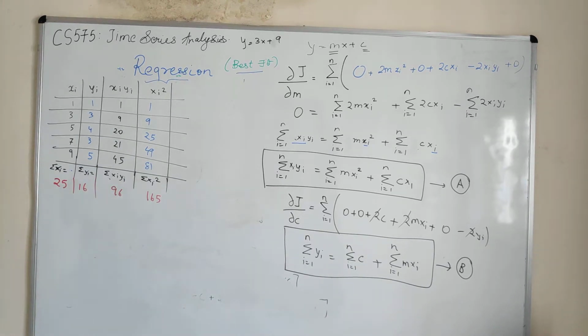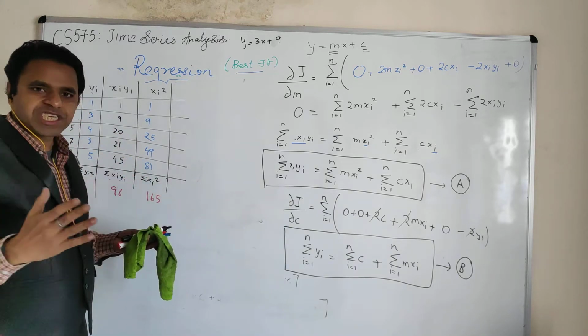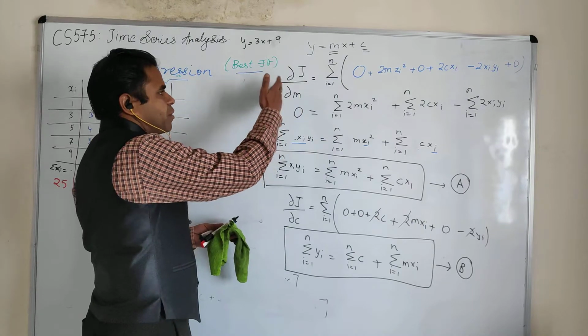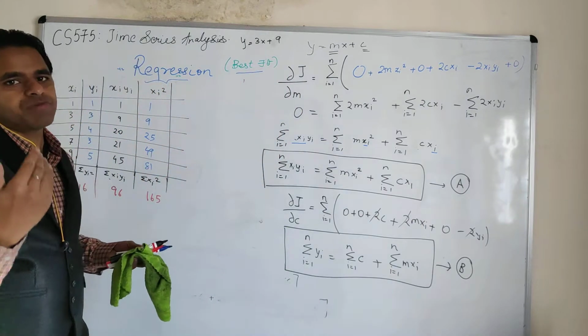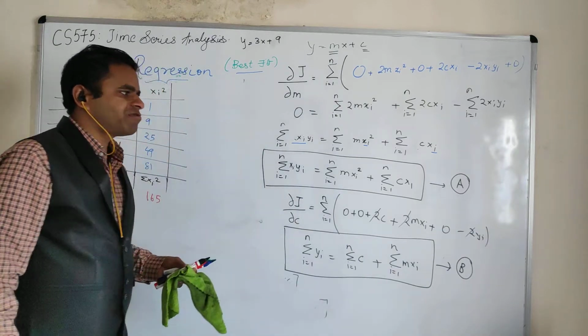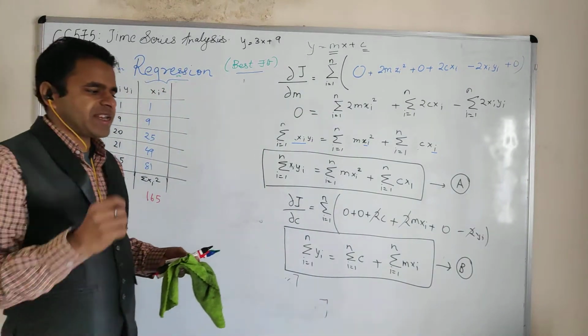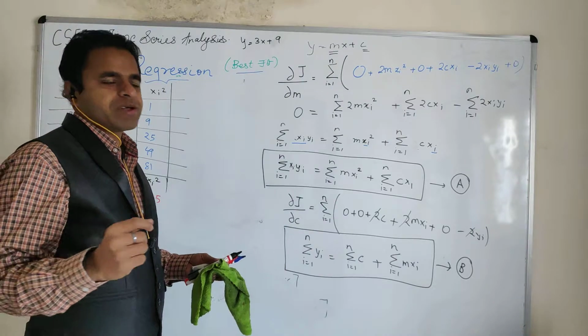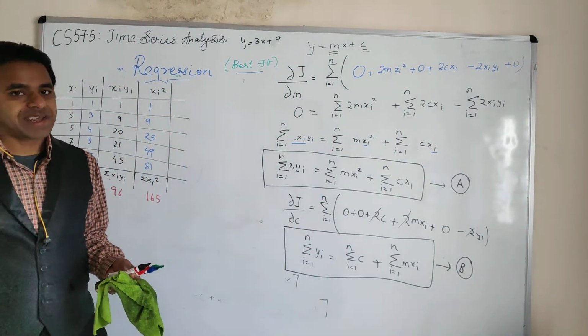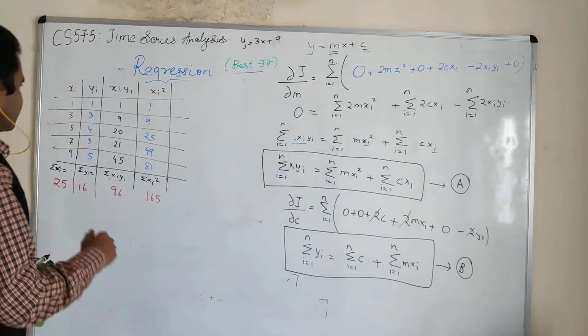So, hi class, in the last lecture we saw the cost function J and how we equate the partial derivatives with respect to m and c to 0, since we need to minimize the cost function, and we get two equations of this particular form. In this lecture we will see with an example how, using these equations, you can compute the line of regression.